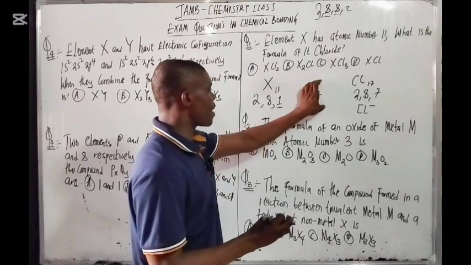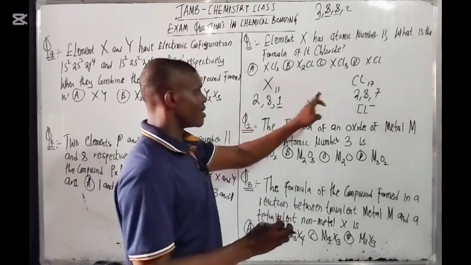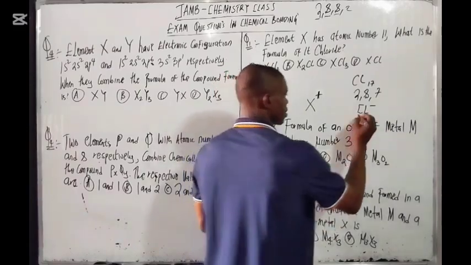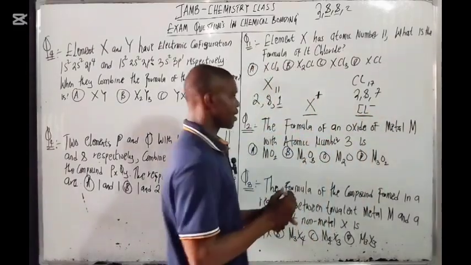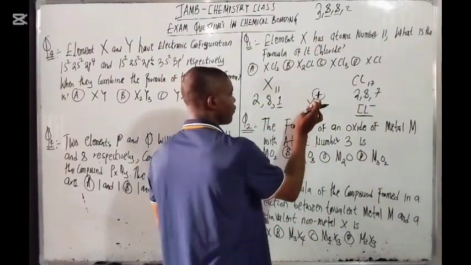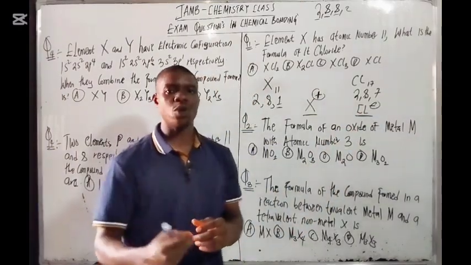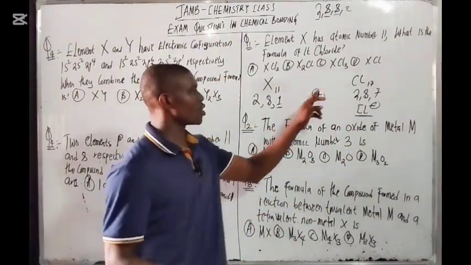So the combining power of X is +1. The combining power of chlorine is -1, right? This is what their oxidation state is: the oxidation state of X and the oxidation state of chlorine, minus. So before you can write any compound, first of all, you have to know their oxidation state,